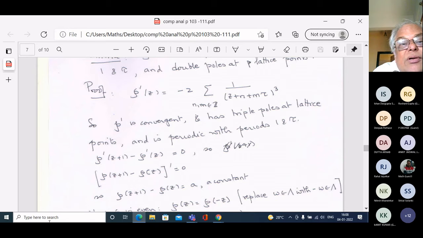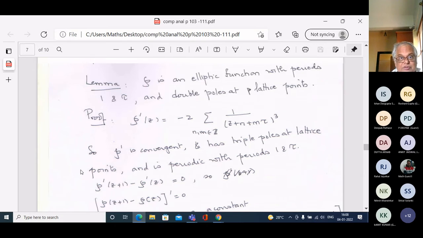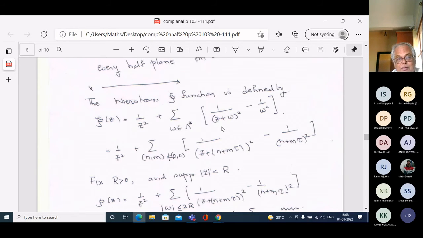So I can take derivatives, and I can take derivatives term by term. When you take derivatives term by term, you get P prime. So I should also say this. I have to worry about this periodicity because when I looked at my definition of P and I changed z to z plus 1, this thing does not remain fixed. I cannot say from this that P(z plus 1) is P(z).